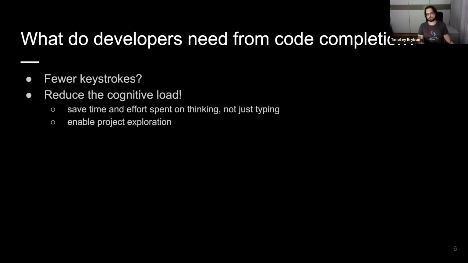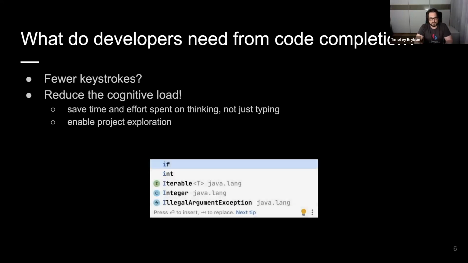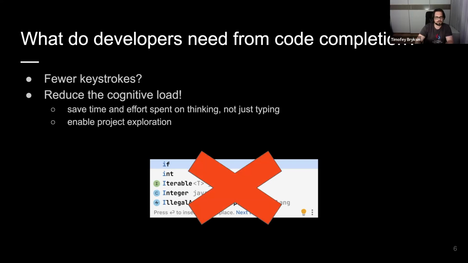And there are also scenarios of pure exploration, like project exploration, where we might invoke completion at some token, or maybe at some empty line, and see what is happening, what is available, what can I use at this point. So if you look back at the example we had before, now we can see what's wrong with it. It gives us a two-letter language keyword, a primitive type name, and three pretty trivial items from the standard library. It doesn't have any suggestion that looks like a potential time saver for us. So this is why I argued that it's completely useless.